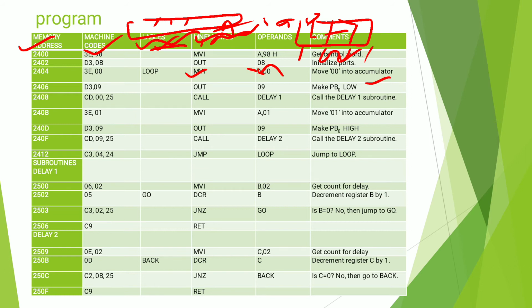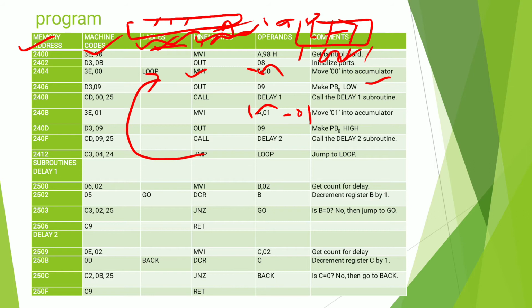MVI A, 01. Move 01 into the accumulator. Now the accumulator has 01 data. OUT 09. Make PB0 high. CALL DELAY 2. Call the delay 2 subroutine. JMP LOOP. Jump to the loop.